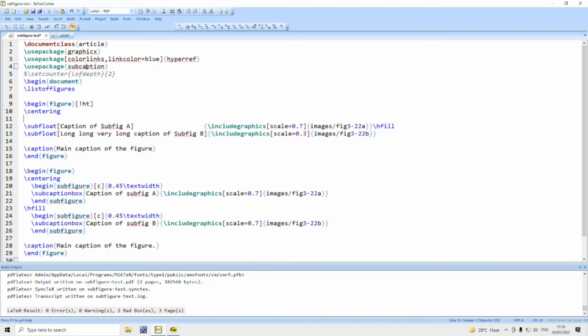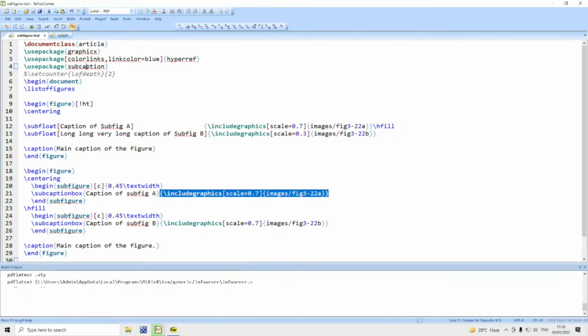You can compare the coding of \subfloat. Here you find within the option brackets, square brackets, we give the caption here. That is what we give here within the first pair of curly braces, followed by the second pair of curly braces containing the \includegraphics command. That is why the \subfloat command is readily accepted by the subcaption package. Let me compile and show you the result.